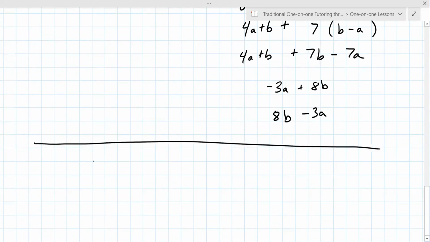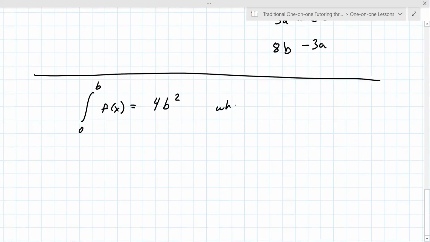Let's say the integral from 0 to b of f of x equals 4b squared. What is the integral from 0 to b, there's a dx there, of f of x plus 2x dx? So the integral from 0 to b of f of x, plus